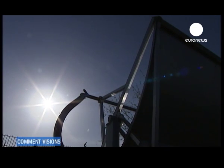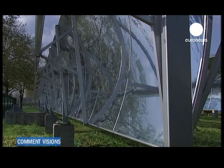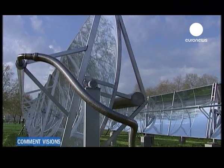Investment costs are not so high like photovoltaic, and efficiencies are much higher than photovoltaic. These technologies are already competitive in some, for example, Mediterranean countries. Air conditioning actually takes up quite a bit of power. For example, in the United Arab Emirates, they use more than 80% of energy consumption for air conditioning and cooling processes, and